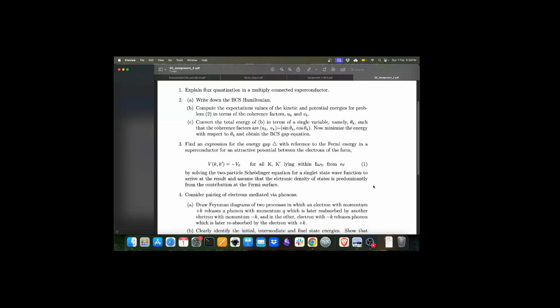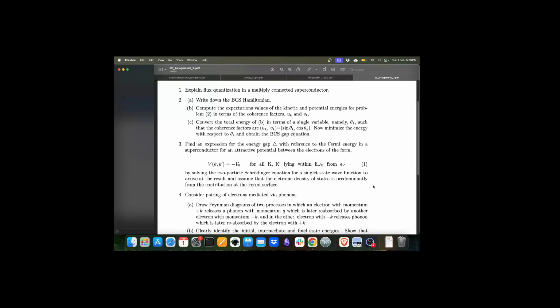So this is for all k and k prime, such that the energy corresponding to this k and k prime, energy at k and energy at k prime, lies within, let's say, h bar omega_D. And of course, the h bar omega_D energy scale is always measured from epsilon_F. So we have a Fermi surface at epsilon_F, the Fermi energy, and then there is a small region h bar omega_D surrounding this sphere. Okay,